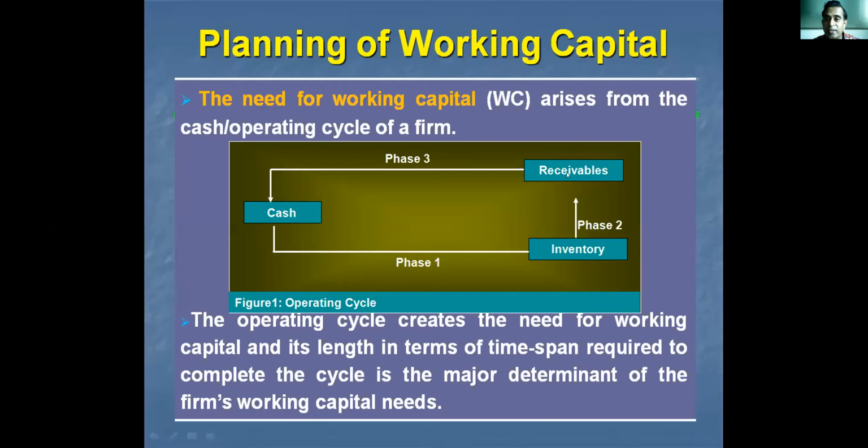The company usually gives these debtors, the wholesalers and distributors, some time to make the payment. For example, 21 days. After 21 days, the company receives the payment from its customers, so one cycle is complete. The company uses that cash to purchase raw materials again. Again they manufacture goods, again they sell to customers on credit, again they receive payment after the due date, and again that cash is used to purchase raw material. So it is a cycle. Cycle means like the wheel of a bicycle, it keeps rotating and doesn't stop. It stops only when the company closes down.